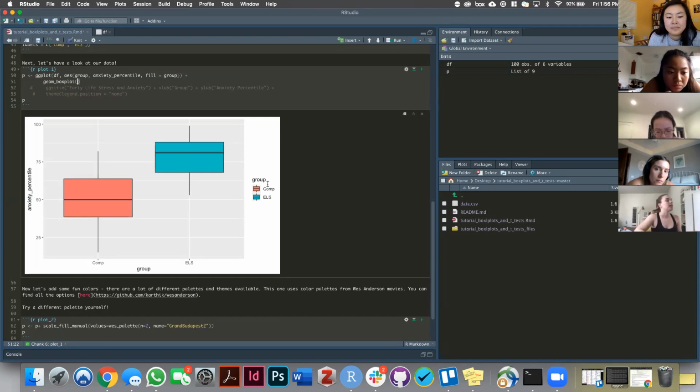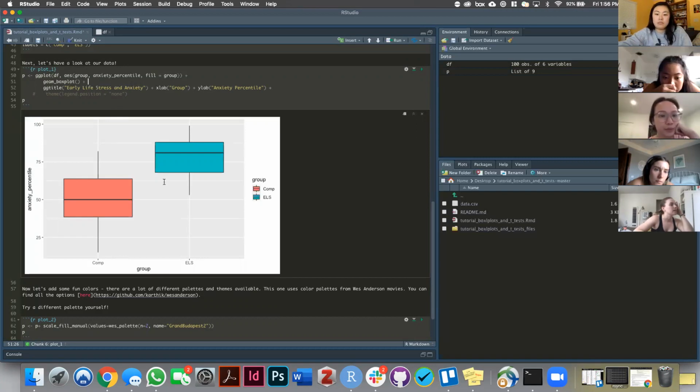Yeah, so here you can see it comes out exactly as you've labeled your variables in your data set. See how they're lowercase and have an underscore? I don't really like that, so I'm going to format my titles and axis labels. That's really easy. You just do ggtitle, the label that you want, and the X label and the Y label that you want. Okay, so if I run that,